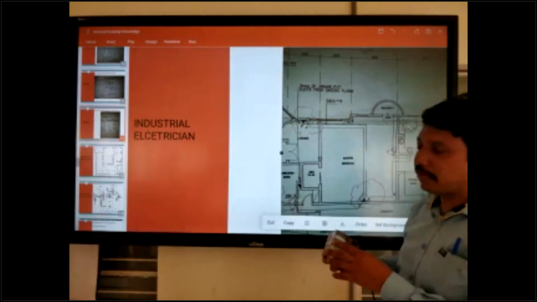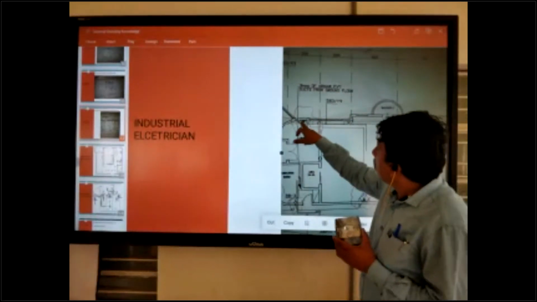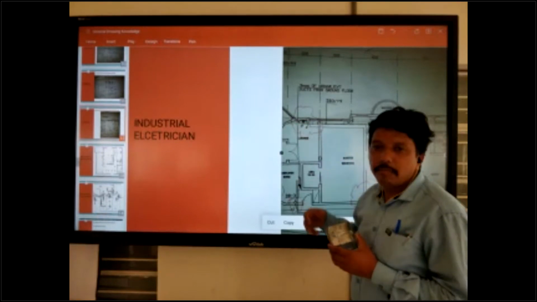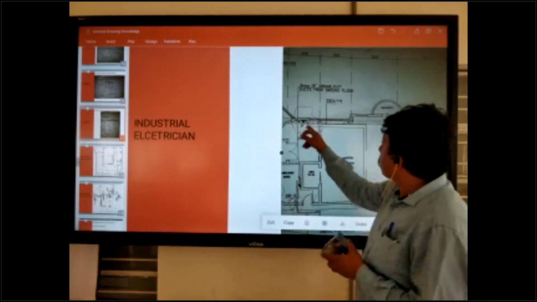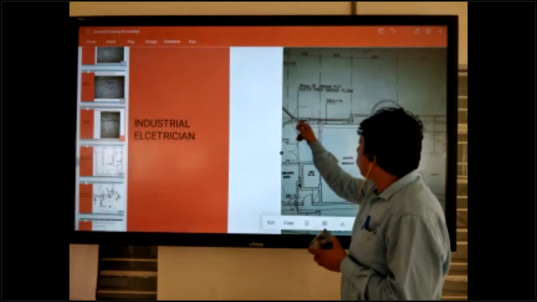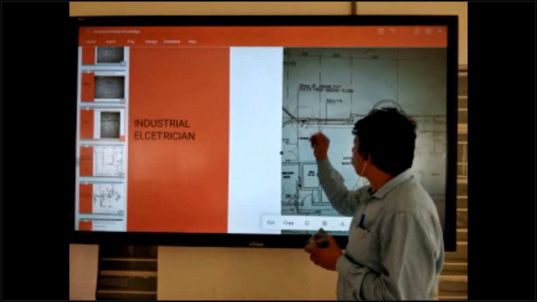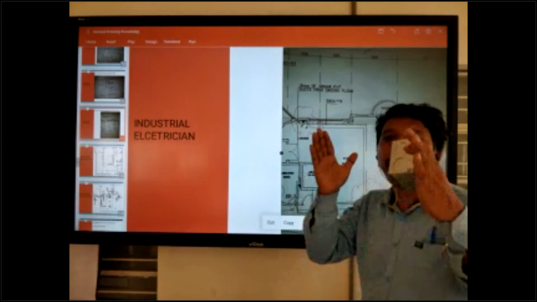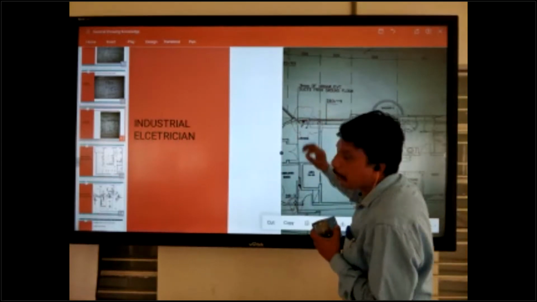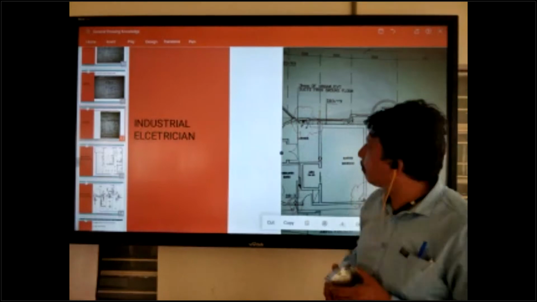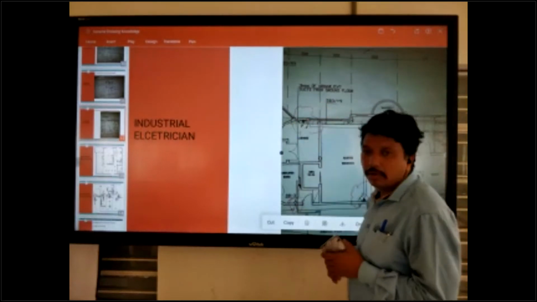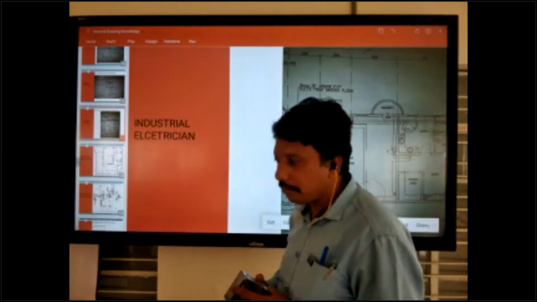They will mention the distance between this box and this box: 50 mm, center to center. The gap between the two boxes is 50 mm, half a centimeter, on the other side also half a centimeter.